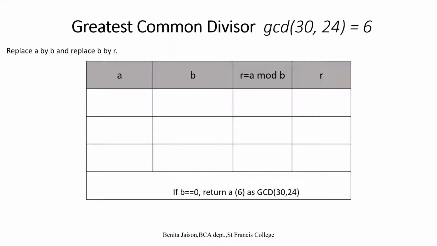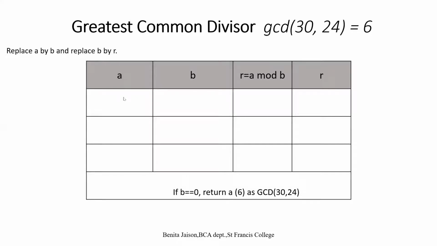So the greatest common divisor of two numbers. I'm passing the two numbers as 30 and 24. Suppose I'm denoting it as a function called GCD of two numbers, 30 and 24. Even if you are finding GCD manually, we'll just write it like GCD 30, 24. The first number is taken as A and second number is taken as B, right?